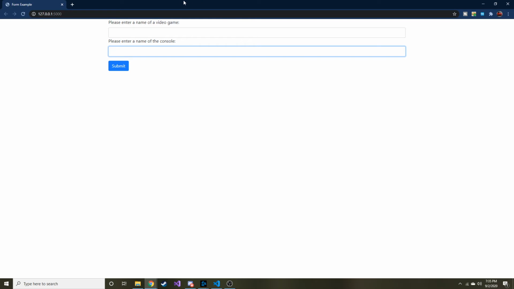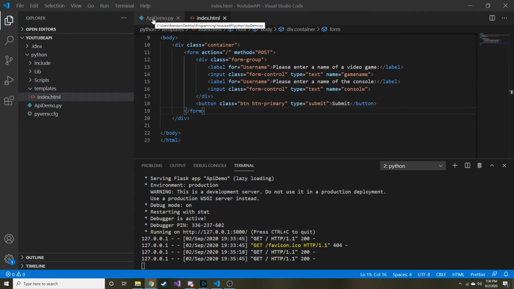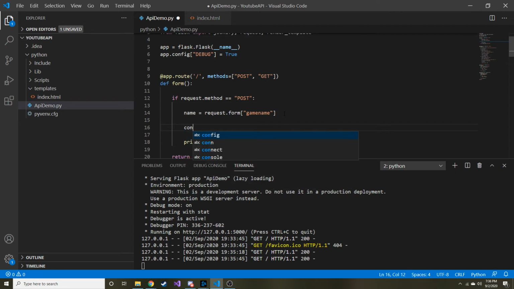Okay. So now we have please enter name of a video game, please enter a name of a console. So that's basically all we have to do for the front end. At least I think so. Let's go ahead back into the back end. And now instead of username, we have game name. All right. And the variable name is going to be called name, just like I did below. And then console is going to be